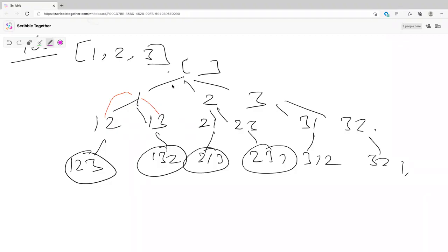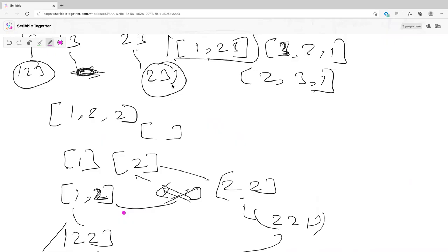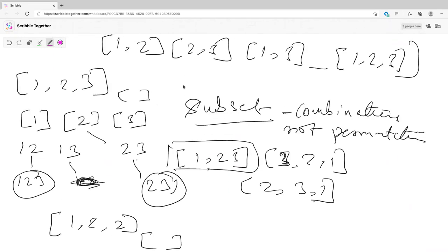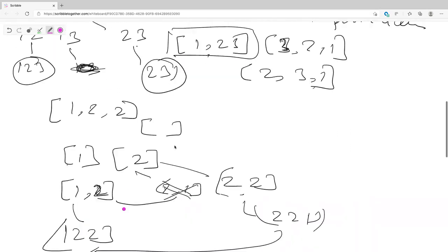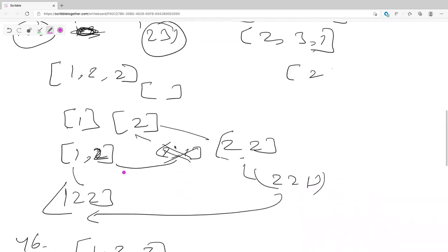Or DFS. So backtracking means that you go into a path and you figure out there's no way there's going to be an answer after that step, so I'm not going to consider that. For example, when we set this question, subsets in which you had duplicates, sorry, this one, 1, 2, 2, right? So you started with an empty one.